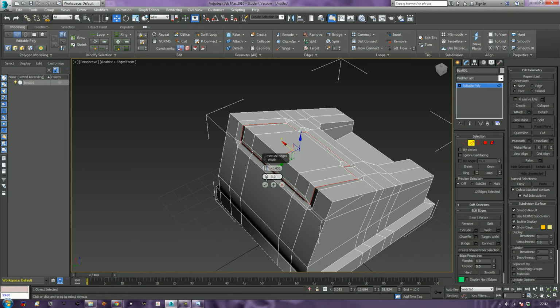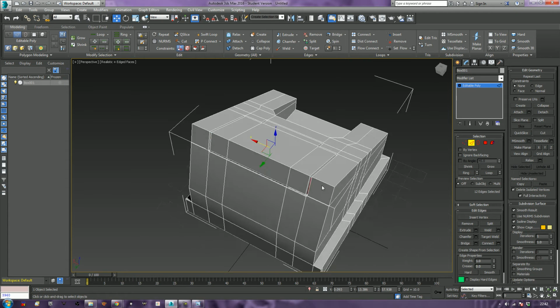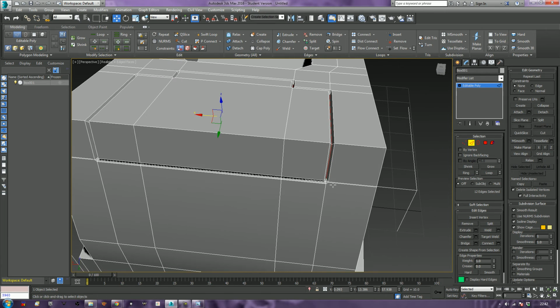Now I'm just going to bring my edge down like that. Okay, so that creates this rather handy little gap here for me. Now the thing is, I've got to be really careful because I don't want to ruin this. I don't want to kind of have any problems if it comes to chamfering, turbo smoothing and things like that. So I'm being as careful as I can. Now inside this,